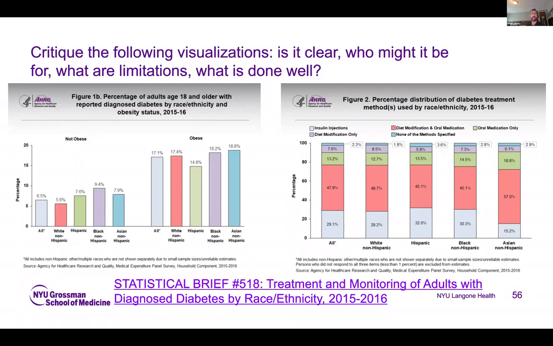And I'll note I've also definitely seen things on that policy viz site where they note part of the challenge with this sort of chart. Fortunately here they have the numbers listed, but sometimes it can be a little bit challenging. If we wanted to know, for example, how diet and medication compare across groups, it could be hard since they all have slightly different baselines.